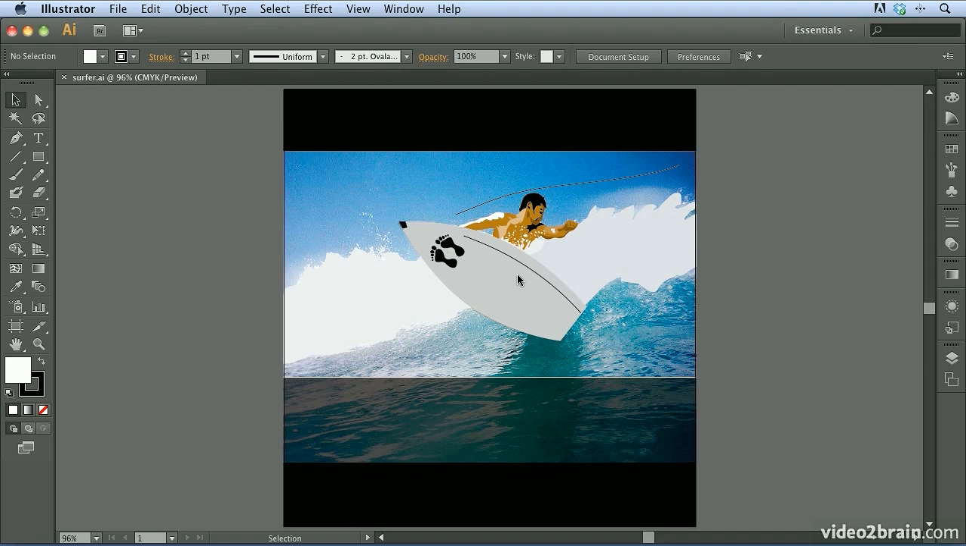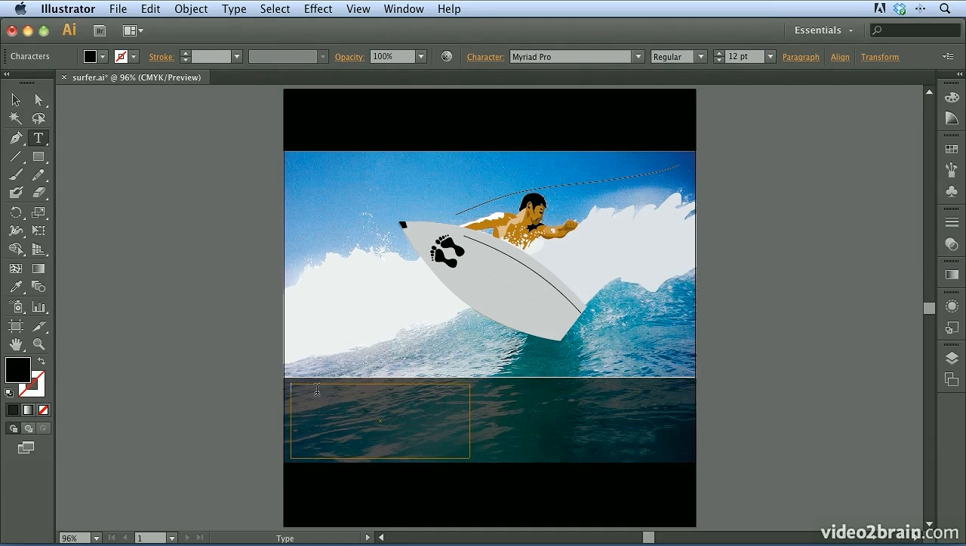I'm beginning this video with the surfer.ai file already open on my computer. What I'm going to do is select my type tool, and come down here to this slightly opaque area that is below the main surfer, and simply click and drag to draw a frame on the left half of this strip. As you can see, we now have a text frame, an area type frame, and we can insert some